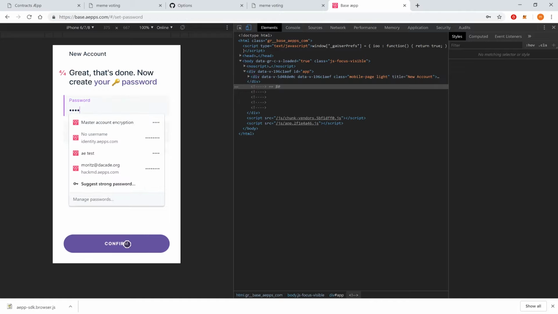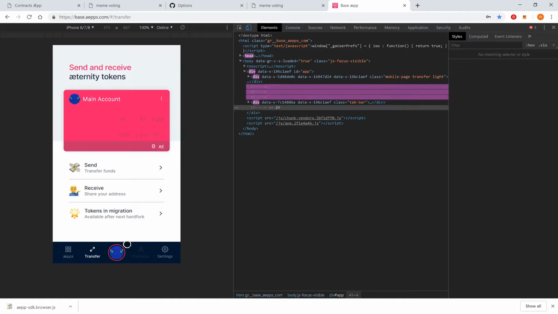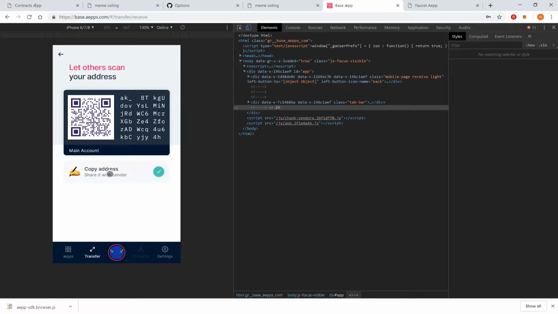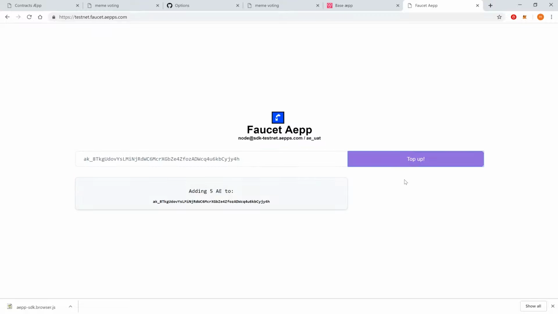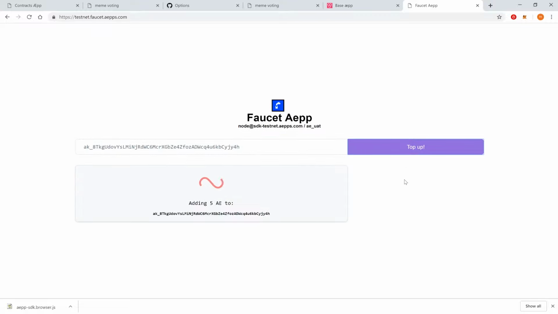Create a simple password, you will use it a lot, and let's get us some eons for the testnet. So we copy our address, and now under testnet.faucet.apps.com we can enter it and get us some token.